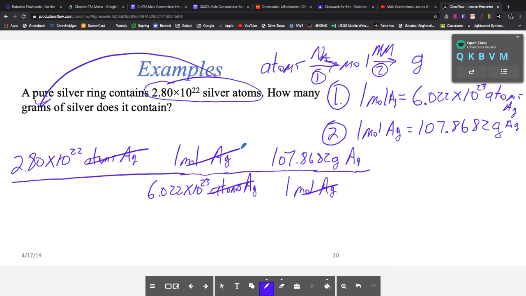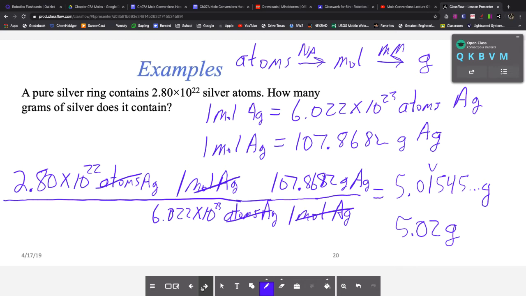We take 2.80 times 10 to the 22nd times 107.8682, because it's on top, we're multiplying by it, then divided by 6.022 times 10 to the 23rd. Remember that when you're dividing by Avogadro's number, if you don't use the little EE key, then you have to put it in parentheses when you divide by it to get the correct answer. Okay. So when we plug that in our calculator, we get our answer as 5.01545 and a bunch of other